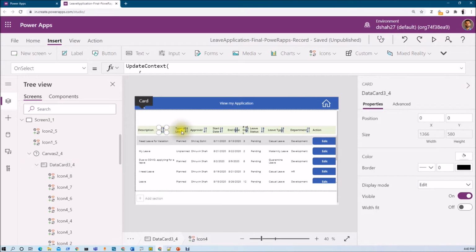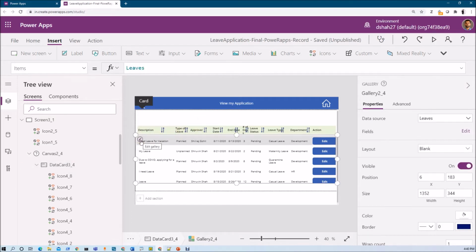So we have set the variable. Now we just need to change the code inside these items, right? Because we are going to use two different functions, sort by columns and sort function. Sort by columns is applicable for multiple columns, sort is only applicable for a single column. Sort by columns does not accept the value for the choice column, people picker column, date picker column, or lookup column. So at that time you need to use the sort function.